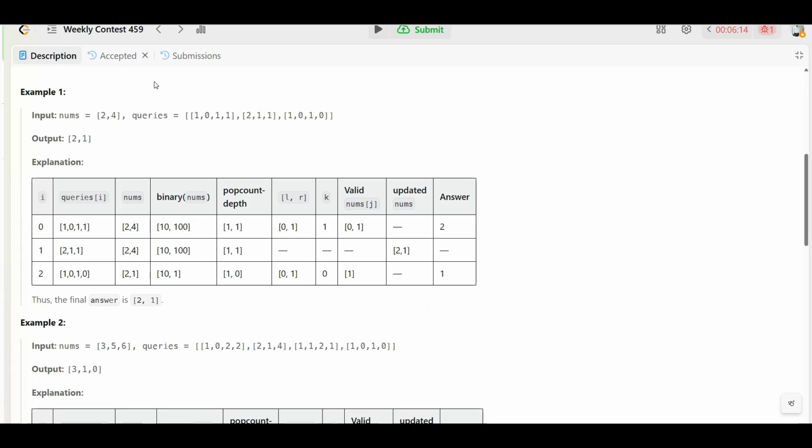So let's suppose we have been given this nums and these queries, right? If we say 1, 0, 1, count the numbers in nums from 0 to 1 whose pop count depth is 1, right? Then we say 2, 1, 1. We have to update nums at 1 to 1, right? Then we say count the numbers in nums from 0 to 1 whose pop count depth is